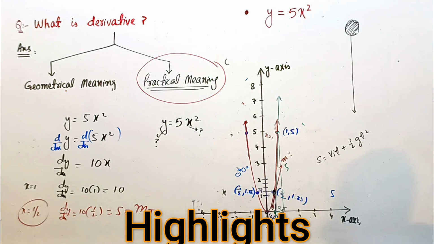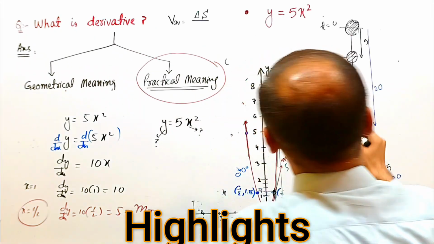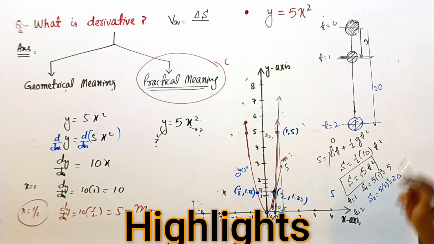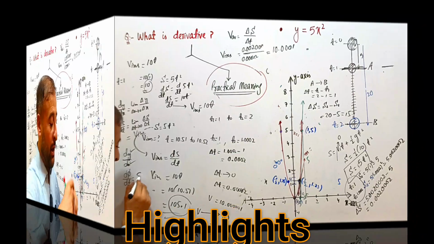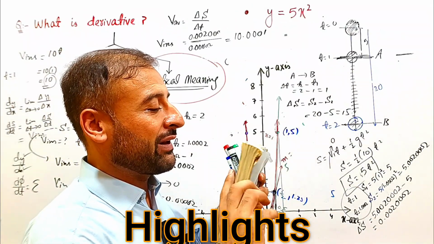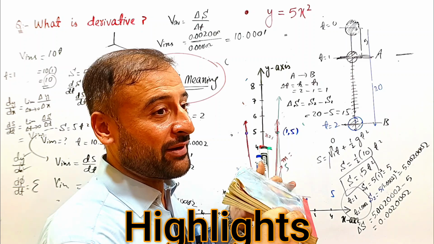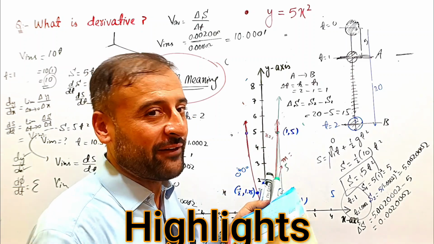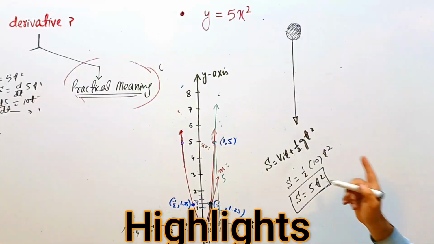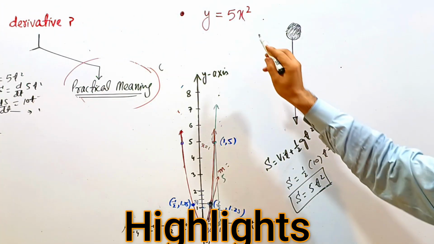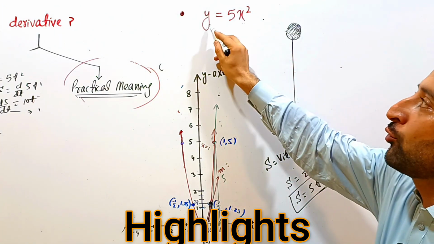square. You released it from rest. Initial velocity is 0. I want to find the velocity when the body goes from this point to this point. You induced EMF. We are rotating it with constant angular velocity. Velocity is constant, but at each different position, different EMF will be induced. Practical meaning of derivative, it all depends on what do these variables x and y, input and output,